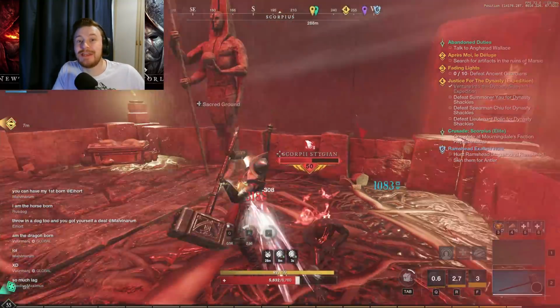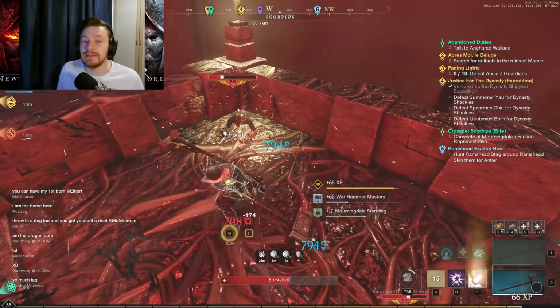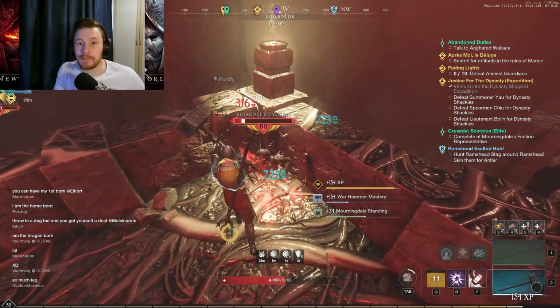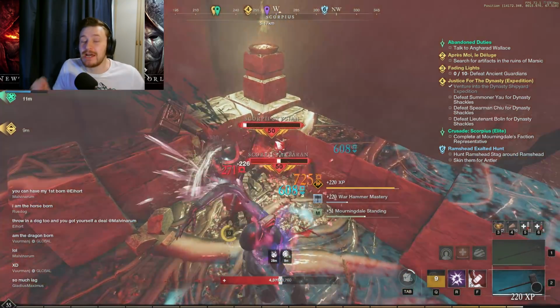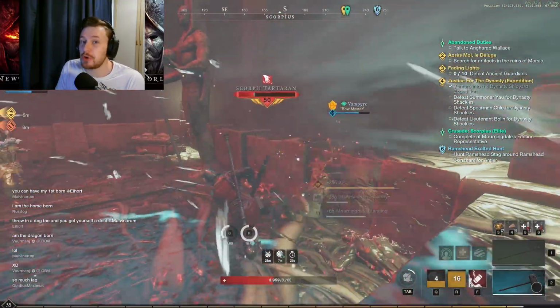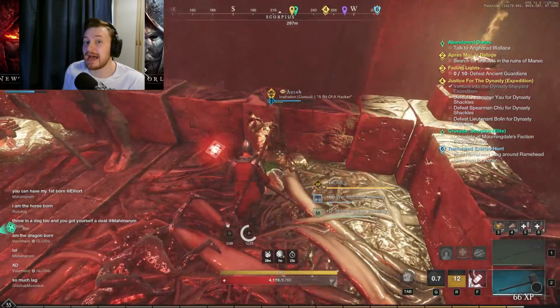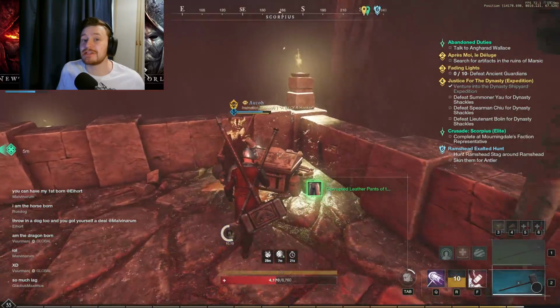My name is Invin and today I am going to bring you guys a video on the Morningdale Elite Zone called Scorpius. Now this is going to be one of the best late game XP farms, also farming for potions and drops. You get a ton of chests here. It's really good for player XP like I said,